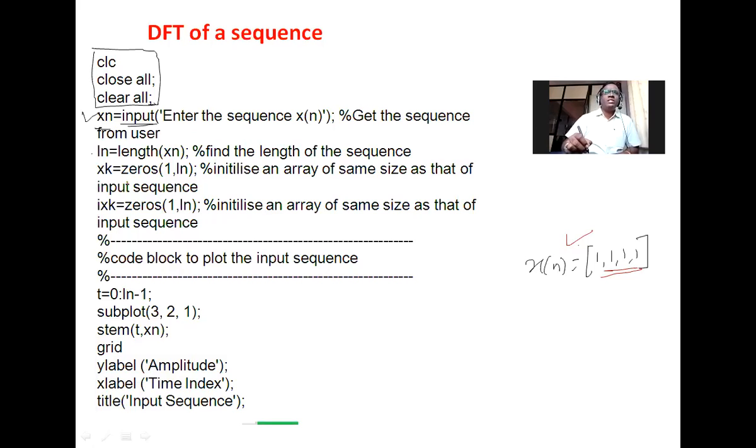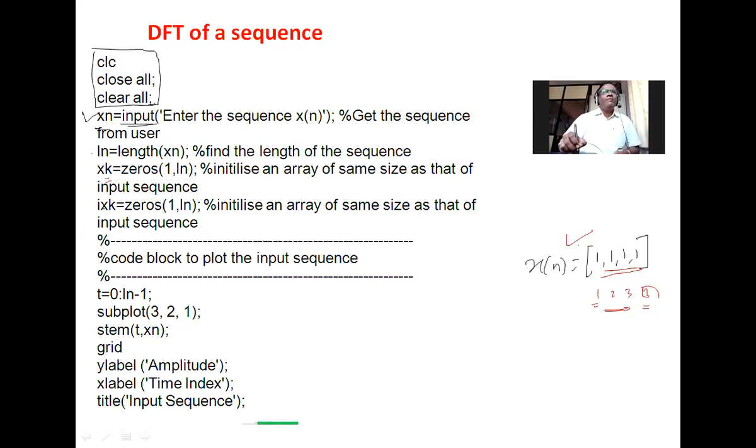And here, always, while writing in MATLAB, we are not calling the numbers or reading the numbers like 0 1 2 3. Here we are reading the numbers 1 2 3 4, right? So that's why here we are writing xk is equal to zeros 1 to ln. That means from 1 up to whatever your length is. Now the length is 4 here, so 1 to ln, the value of ln is 4. So the output we are getting has the values 1 to ln, right?